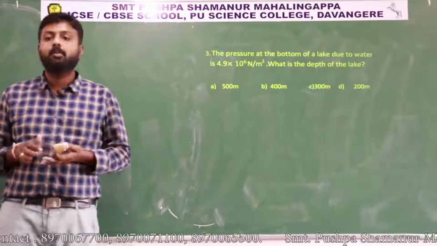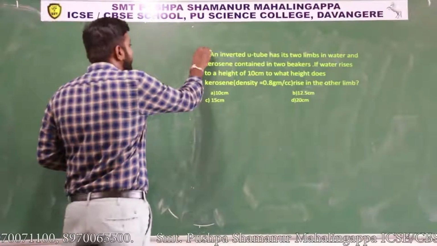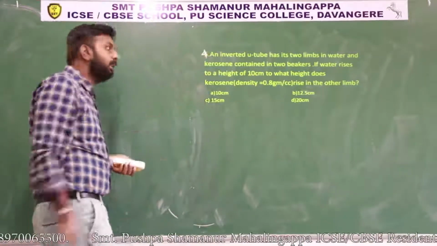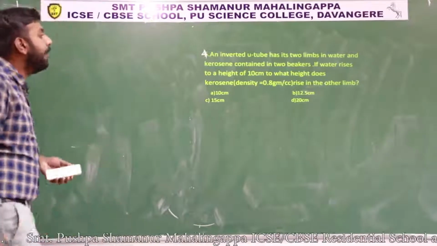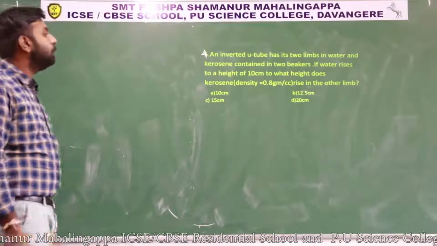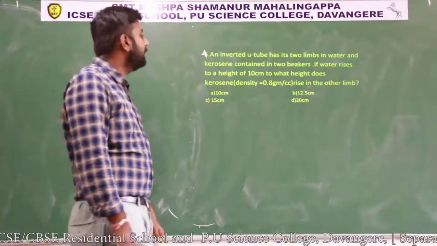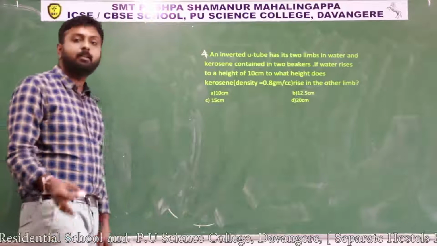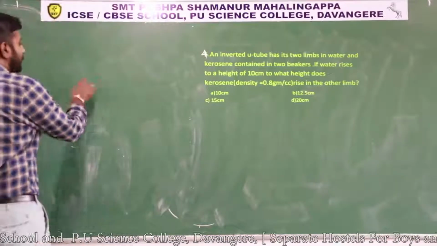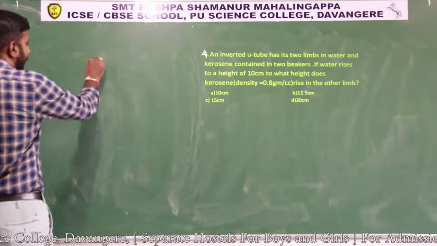So next, the fourth one. Let us number it from here as 4, 5 like that. An inverted U-tube has its 2 limbs in water and kerosene contained in 2 beakers. If water rises to a height of 10 centimeter, to what height does kerosene rise? So this problem, consider